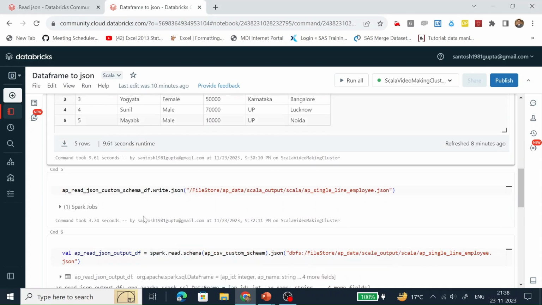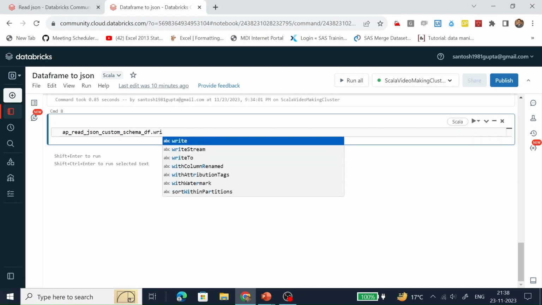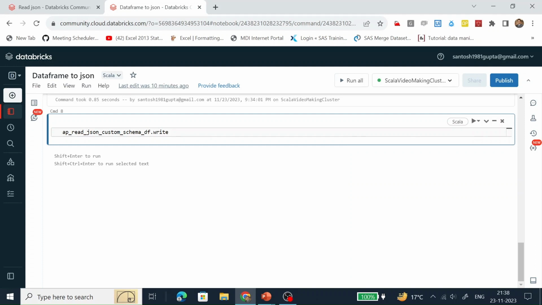So this is the data frame. On top of that, we are calling the write function, and in the write function, we are writing in JSON.